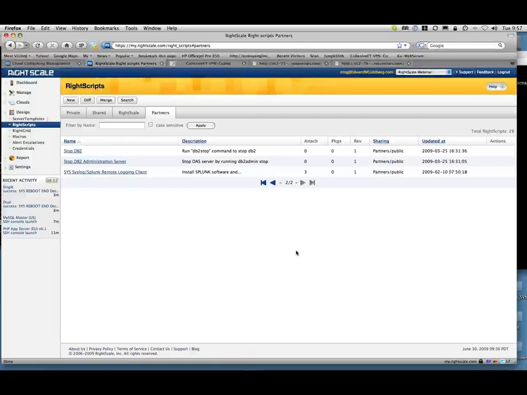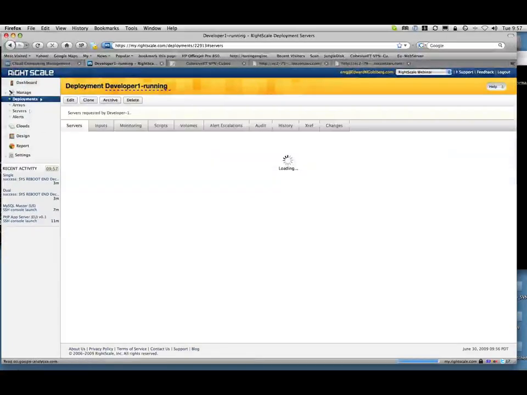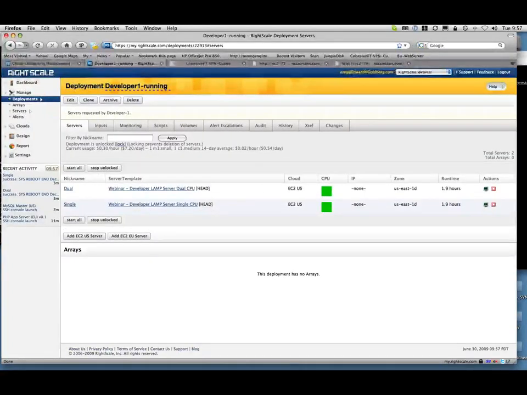So there's a qualified answer, or a qualified yes, to that question. Qualified meaning that there's a list of operating systems that we support on the website. At a high level, we support almost all the various flavors of Linux: Ubuntu, RHEL, Fedora, the list goes on. Windows Server 2003 and OpenSolaris. So within that range, yes, you can set up any of the different sorts of servers that you need to